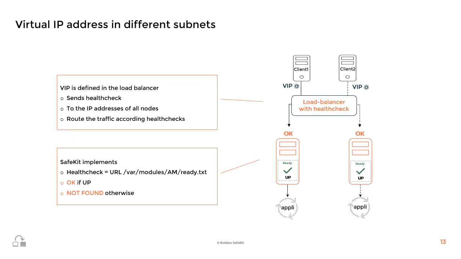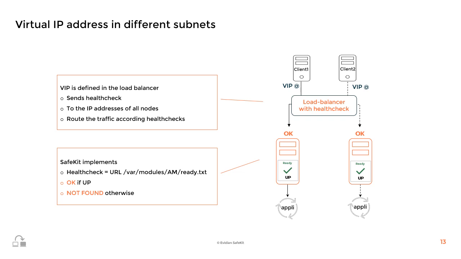We consider now two nodes that are in two different subnets. This is particularly the case when implementing a high availability solution in public cloud infrastructure like Azure, AWS, or GCP. SafeKit nodes are put in two different high availability zones, which are in two different subnets. In this case, the VIP tag must be removed from userconfig.xml as the network load balancing at the MAC address level is no longer possible.